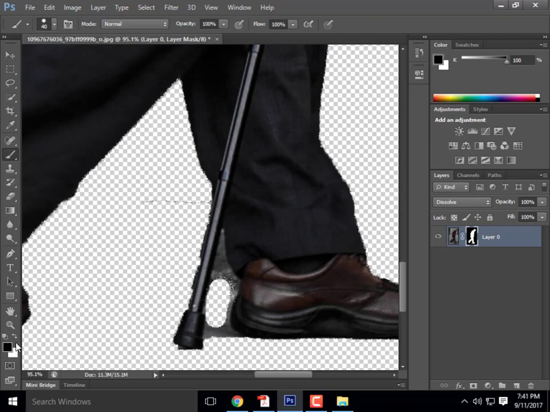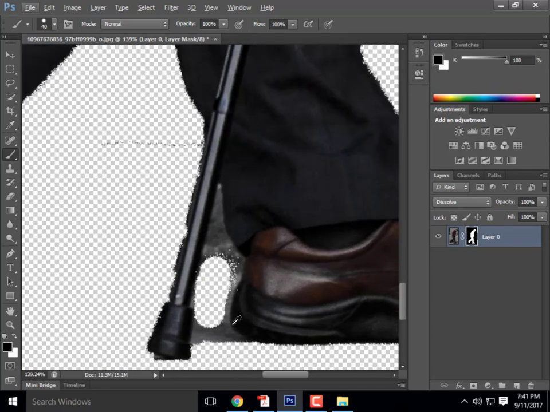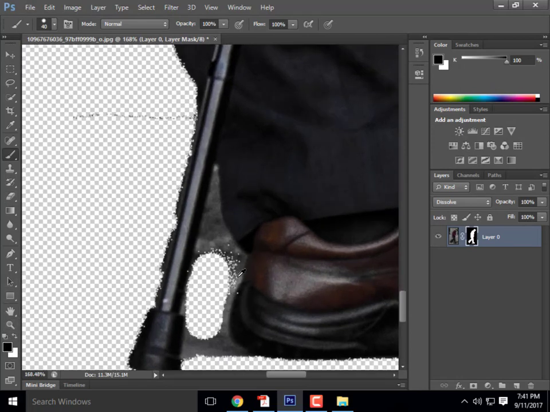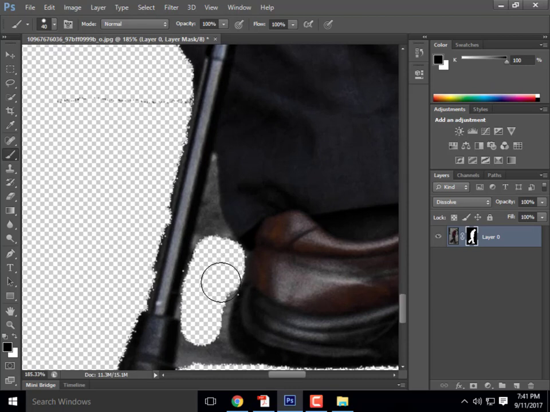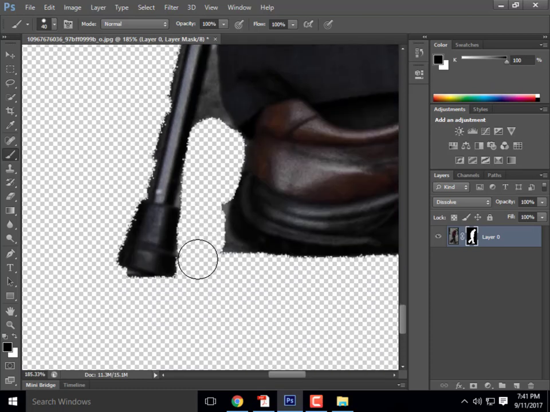So with black activated, if you just click on this little arrow right here, it'll flip-flop those two colors. I'm going to select black, and black will allow me to erase. It's going to appear as if it's erasing, even though it's just a mask. It's not really erasing. But with black activated, I could go through and start to fine-tune these little edges, like so. So I'm going to get rid of those last little areas that I kind of missed a little bit,